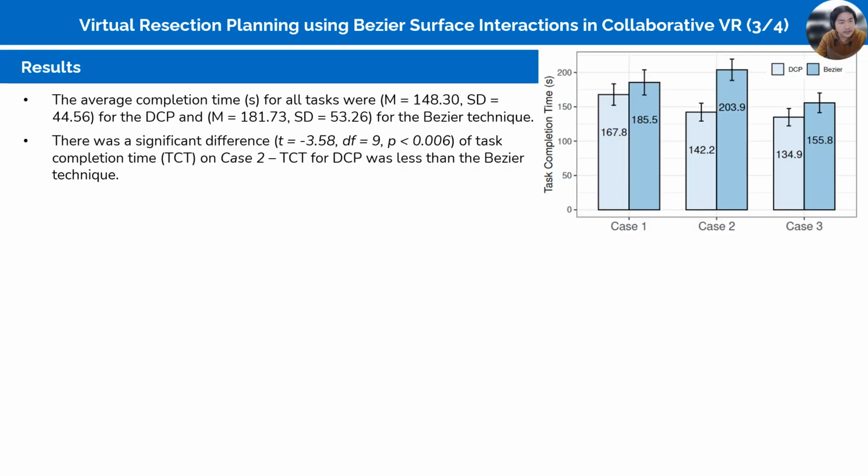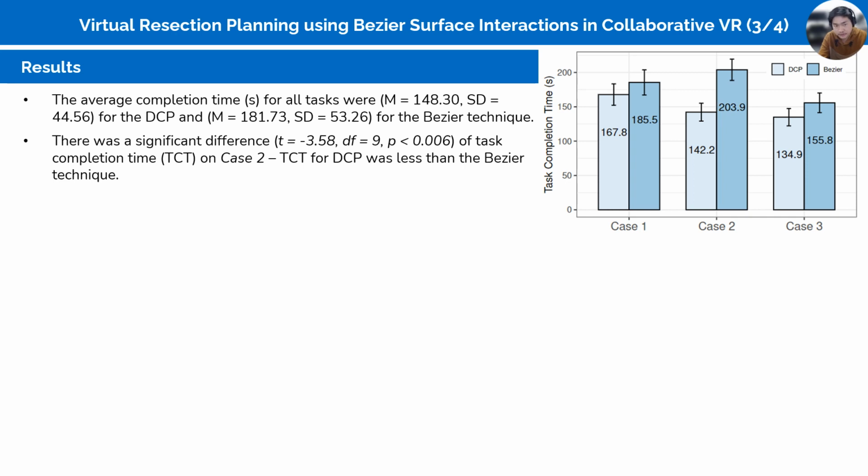Well, for the result of user performance, the average task completion time for each task was recorded. The average total completion time for DCP took around 148 seconds, while the Bezier surface took around 181 seconds. There was a significant difference in the task completion time on case 2, as you can see in the figures, between both techniques. So it could show that the deformable cutting plane, the DCP approach, performed faster than the